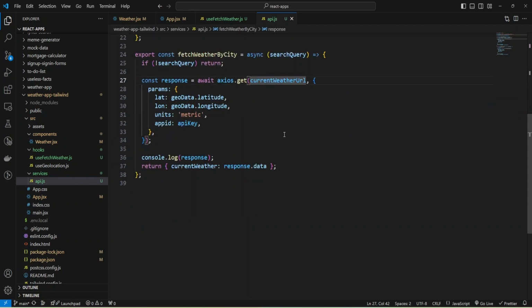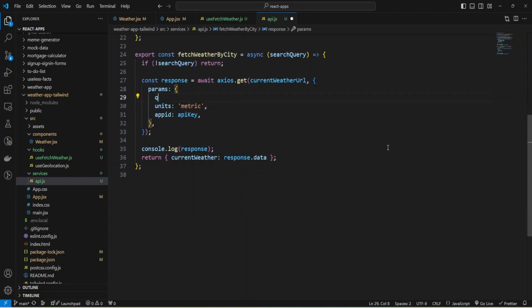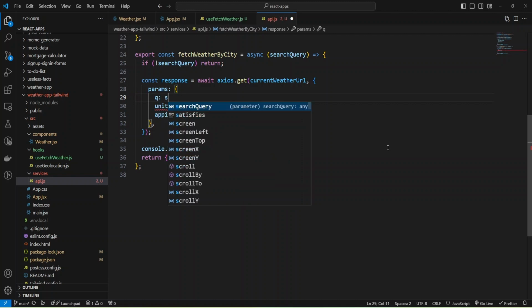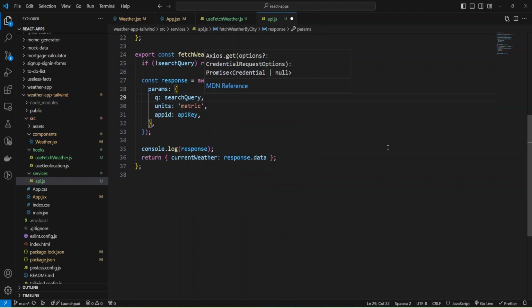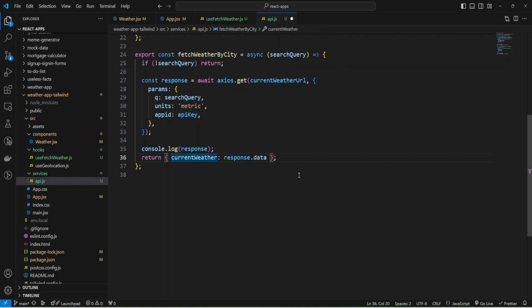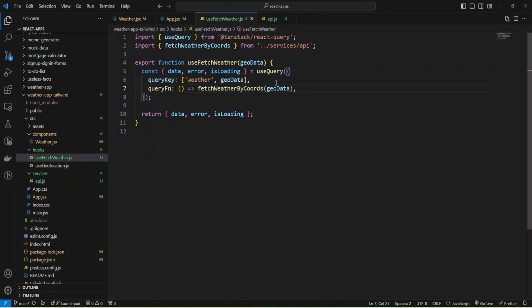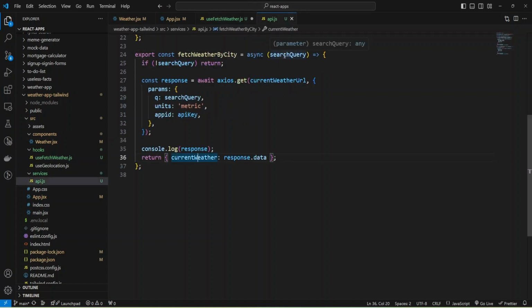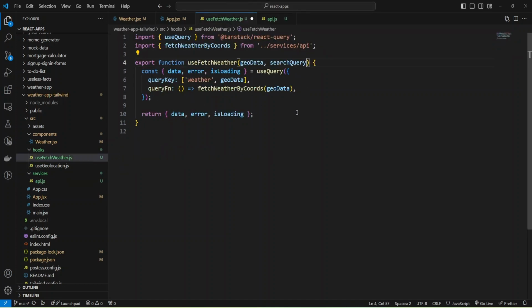It will be weather URL, and instead of coordinate, I'm going to provide my search query, and current weather will be the same. And we need to change our custom hook, and also here we'll expect the same search query.